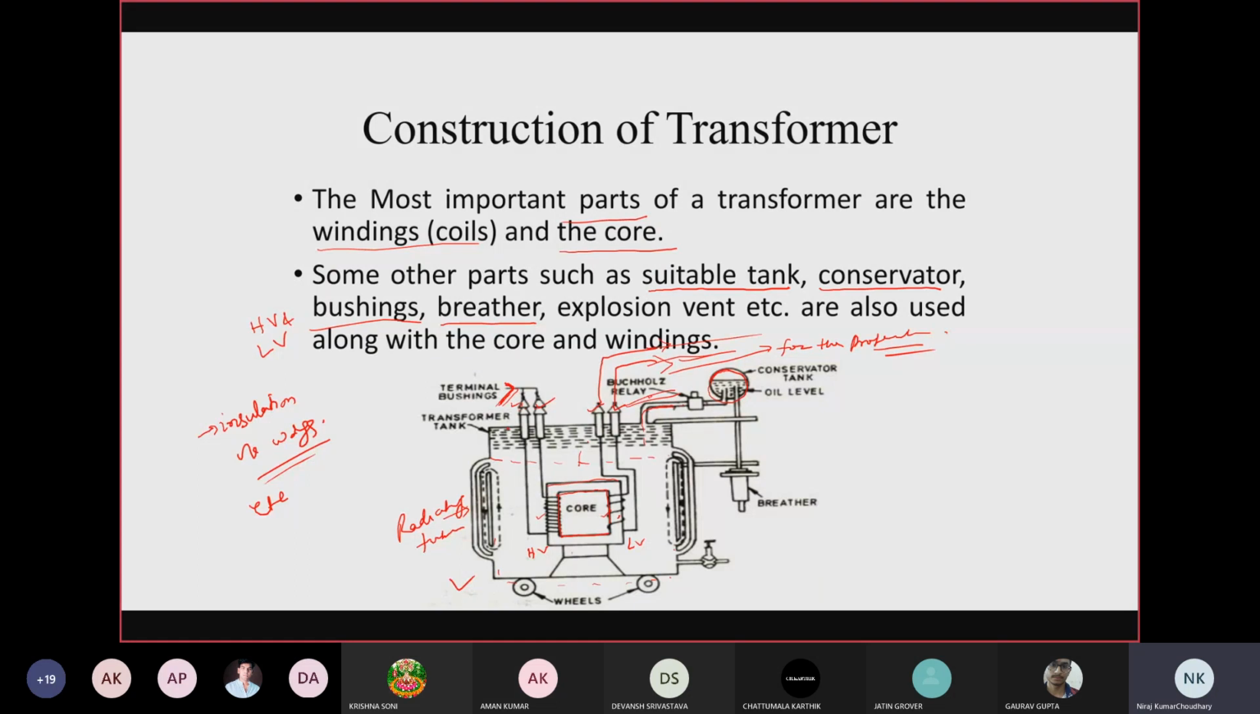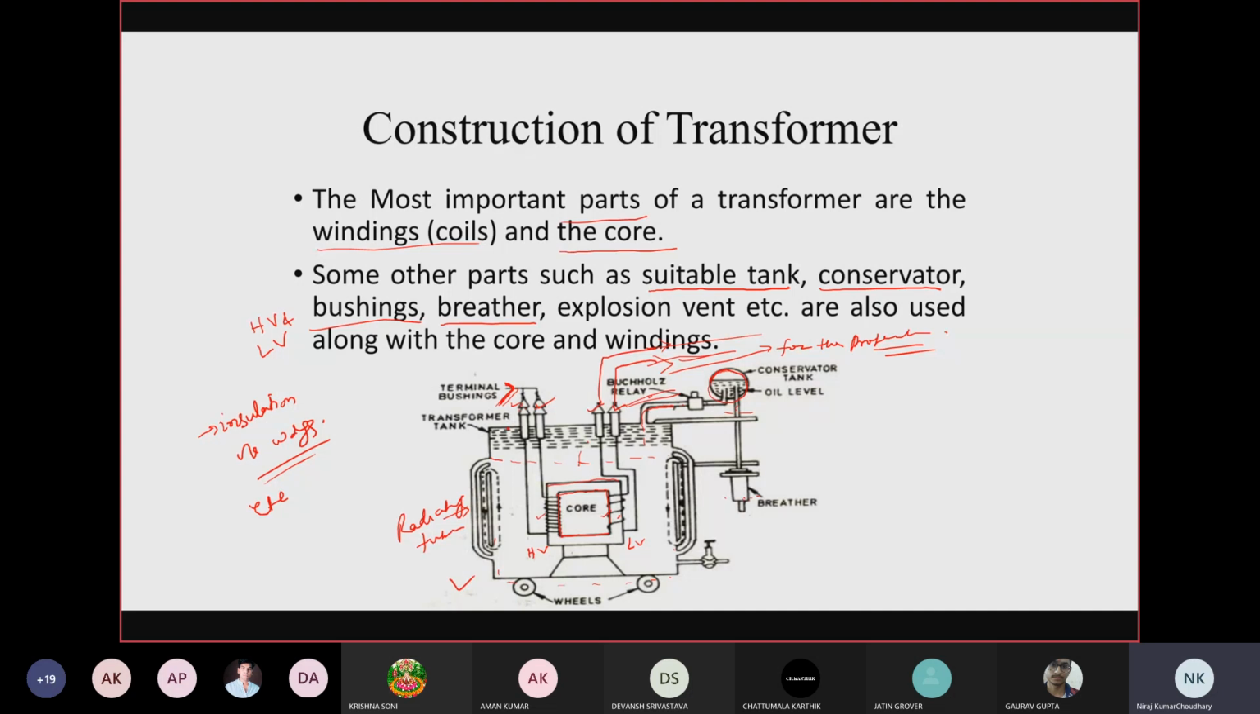ठीक है। अब ये कंजर्वेटर से एक कनेक्शन रहता है थ्रू नैरो ट्यूब्स टुवर्ड्स द ब्रेदर। तो ये जो कंटिन्यूअस प्रोसेस होता है, ऑयल कंटिन्यूअसली एक्सपेंड्स अप एंड कंप्रेस डाउन। तो इन दिस प्रोसेस यहाँ पे एक ब्रेदर का अरेंजमेंट होता है। द फंक्शन ऑफ दिस ब्रेदर इज टू अवॉइड द मॉइस्चर इनटेक इनसाइड द ट्रांसफार्मर।